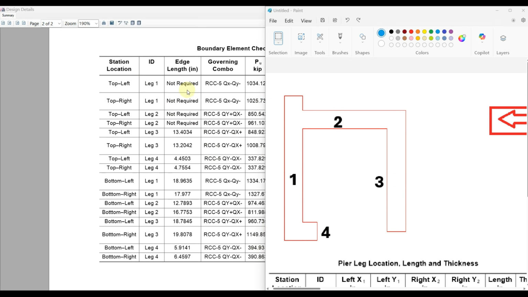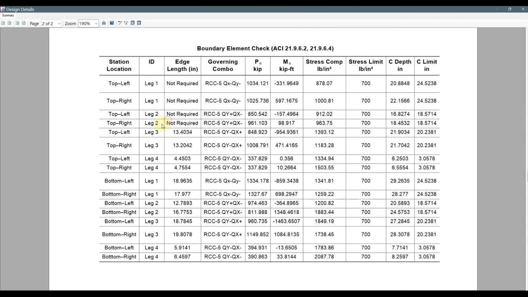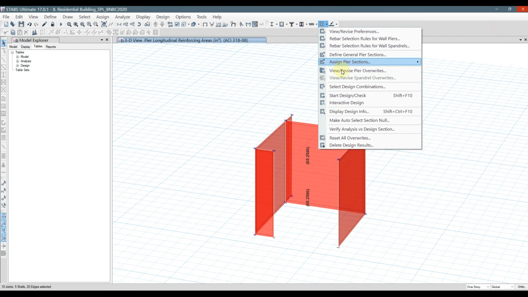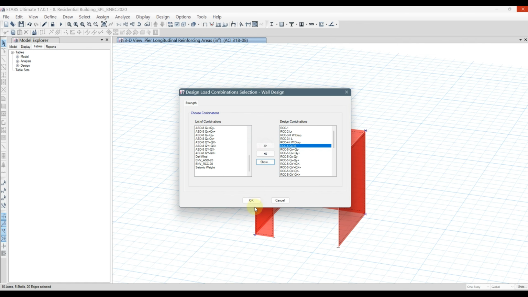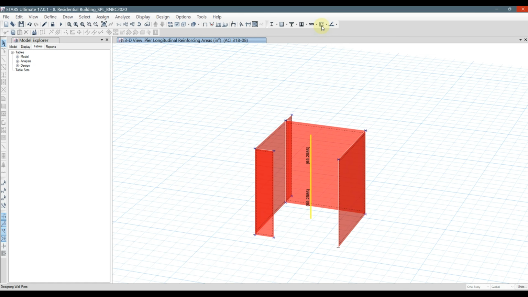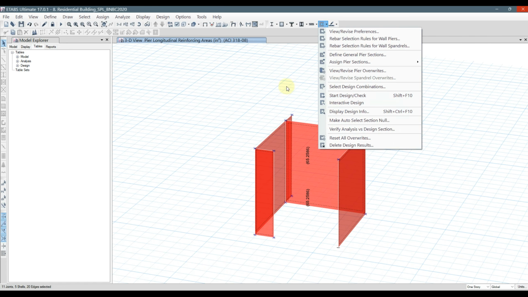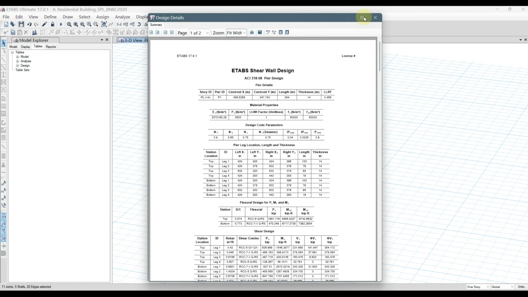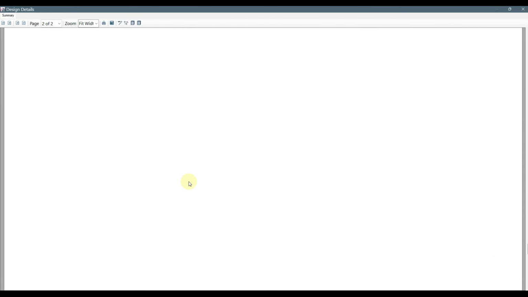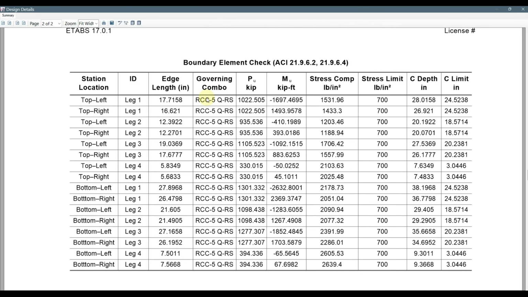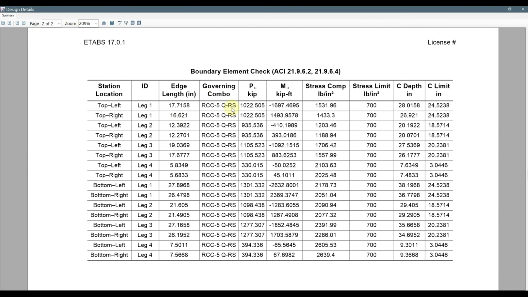So for leg 1, the model says that it doesn't require any boundary element. However, there is something I probably didn't activate in my load combinations. Always check the load combinations. I probably did not incorporate the response spectrum load combinations. So let's incorporate them, and then check the design again. Where are we now? Now we are in the boundary element check. Yes, here. So the boundary element, after you consider the response spectrum case, governs here